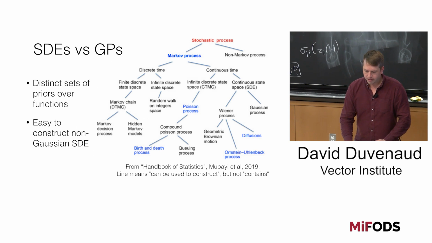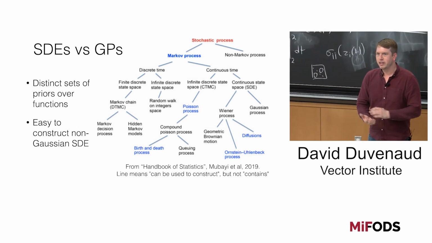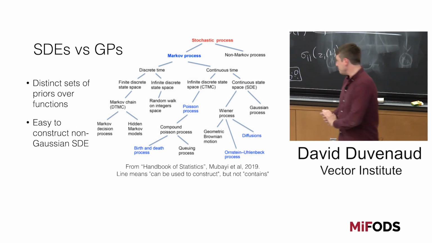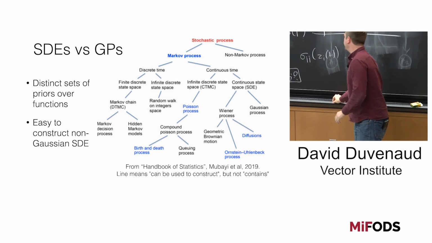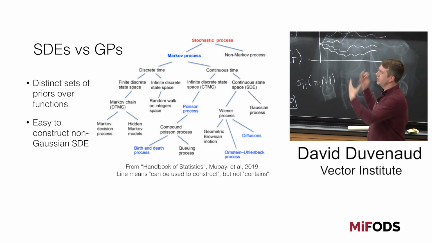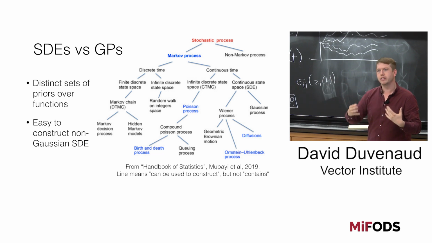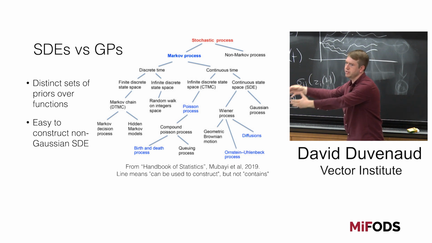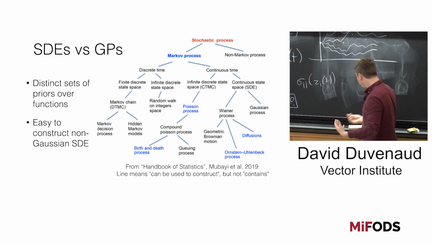OK. Yeah, I wanted to come back to this. I don't really have a great feeling for what things you can express with this sort of model versus GPs. One thing I'll say is that the inference in this for time series is great compared to GPs. There are ways to turn GPs into state space models. Here we start with a state space model, so we know there's no cubic blow up anywhere.